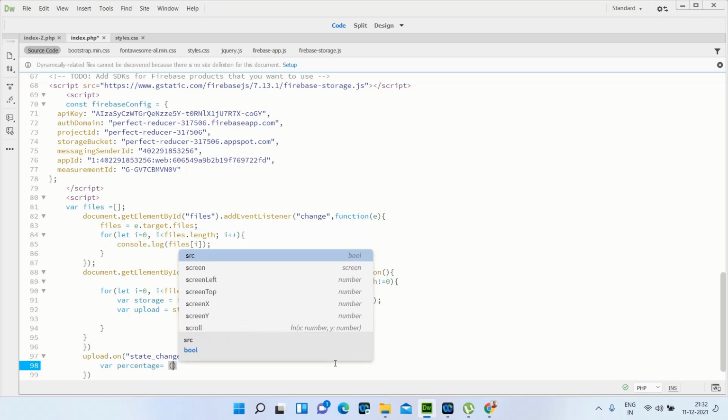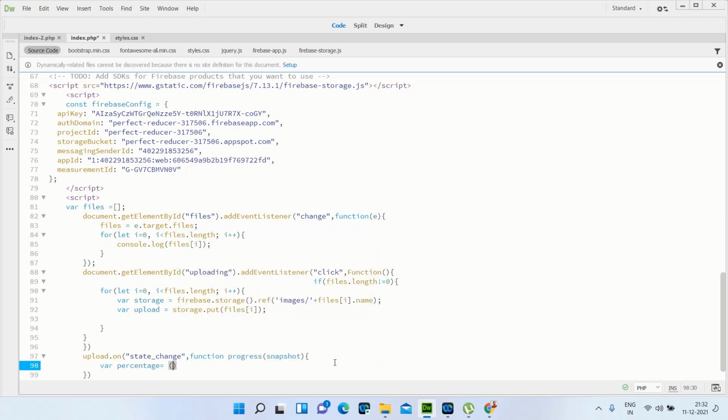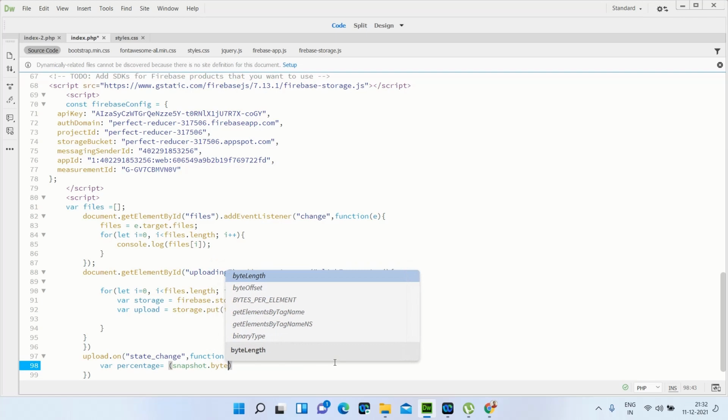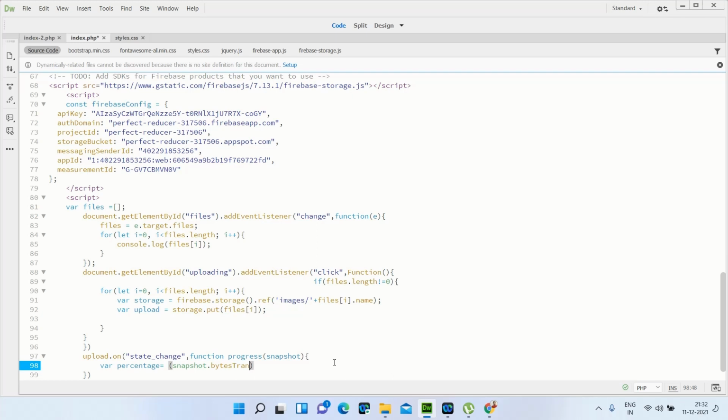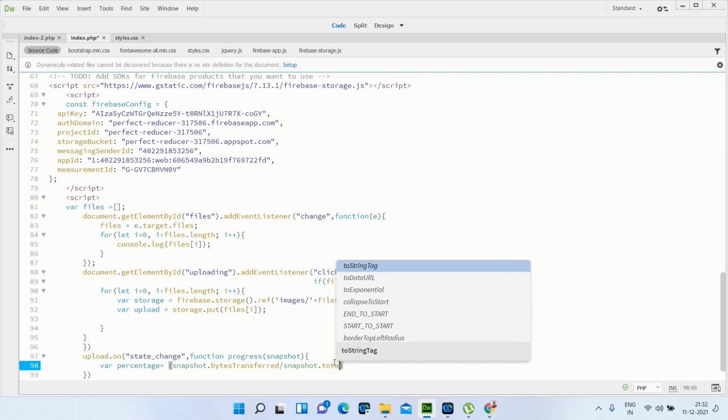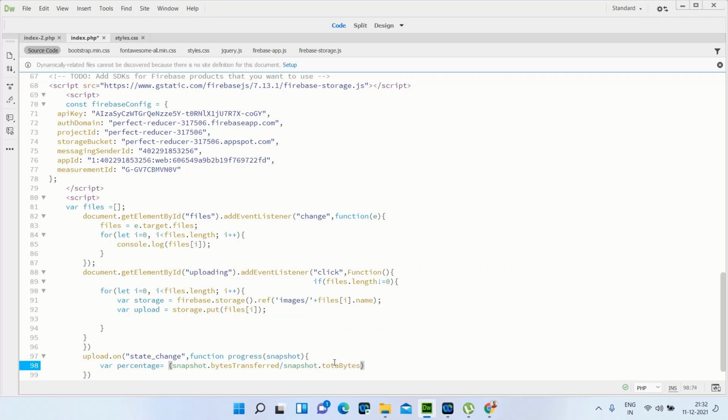snapshot dot bytes transferred slash snapshot dot total bytes into 100.